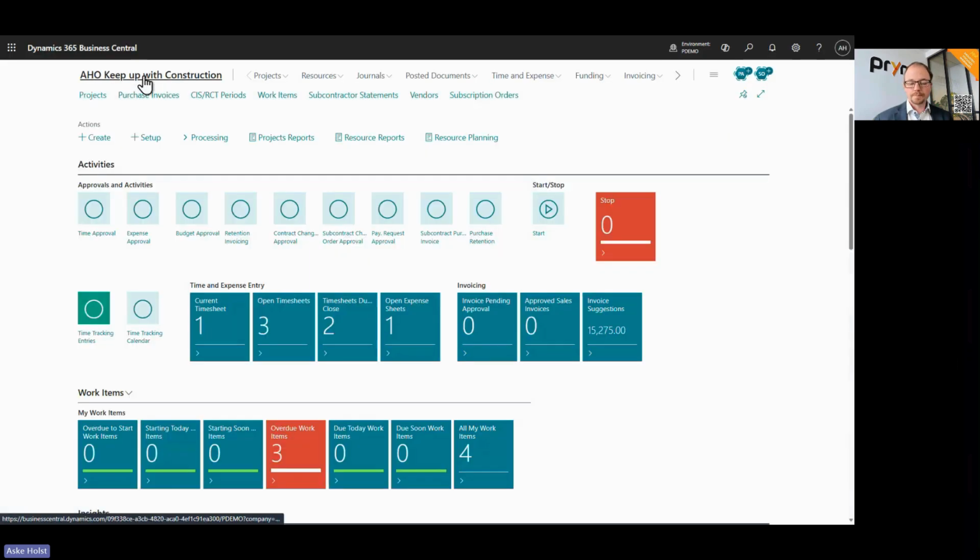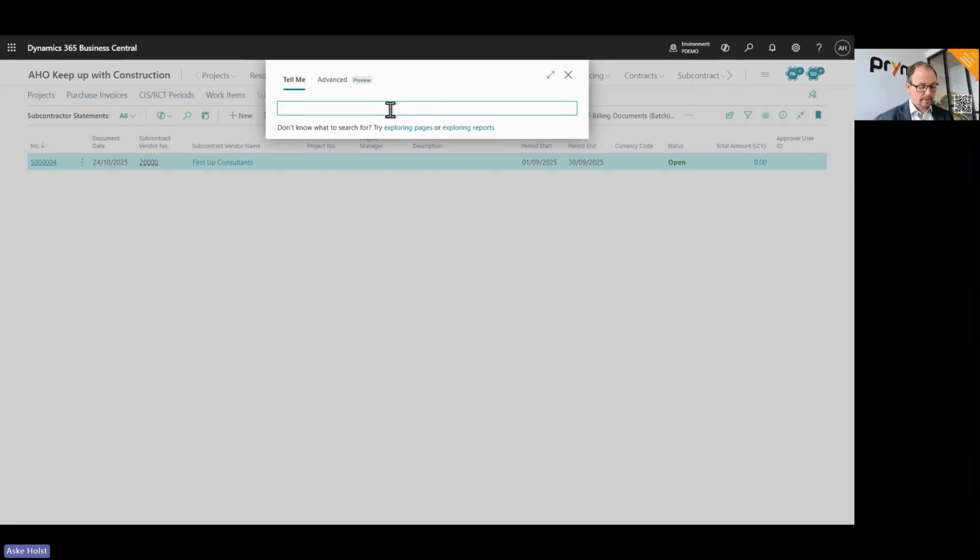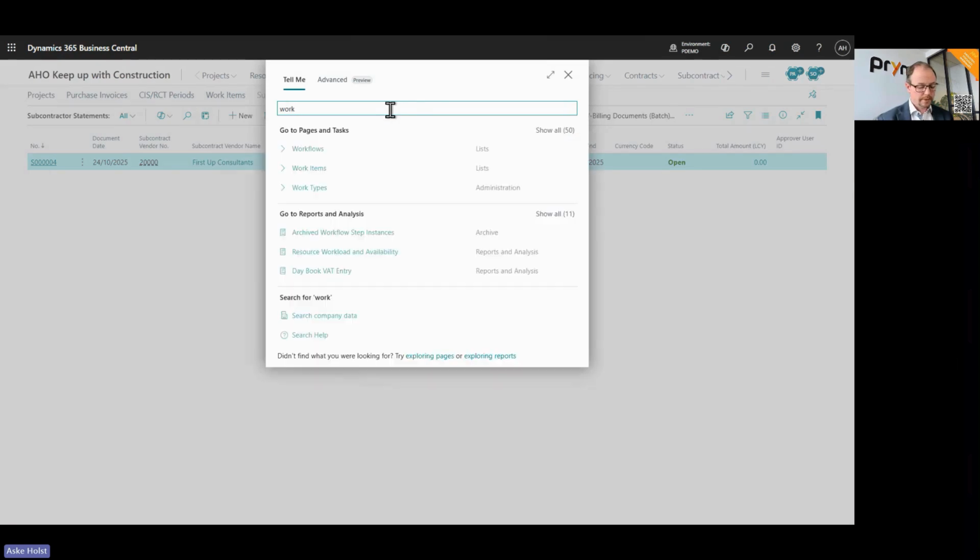So if I have my subcontractor statements, I haven't enabled any workflows, I can just select approve on this and it is auto approved. If I want workflow for my subcontractor statements, I must go into my workflow templates,